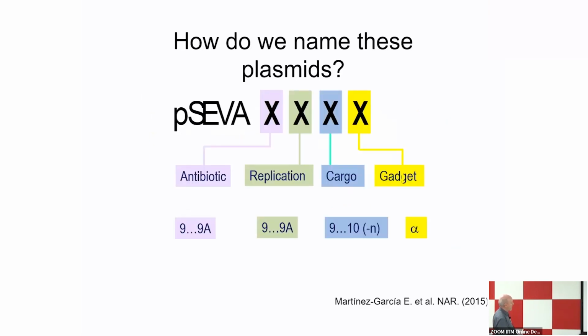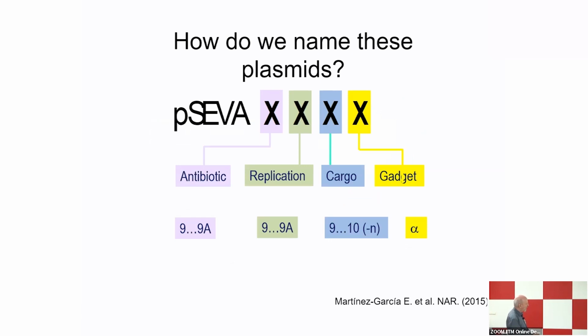On top of that, we develop or we propose a given nomenclature. If you have used plasmids in your daily life, again, the names of plasmids can be completely, say, chaotic. You can give the name of a plasmid in an arbitrary way because of the name of the laboratory or because of the name of your dog, and it doesn't matter. You can give whatever name you want. And this is sometimes confusing,